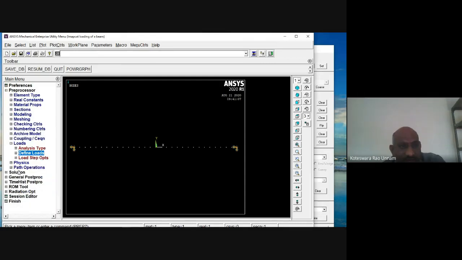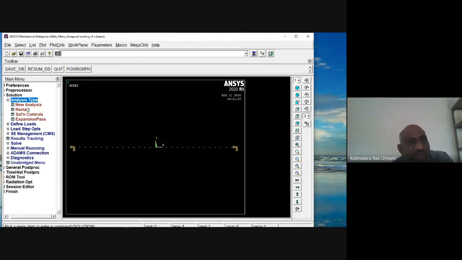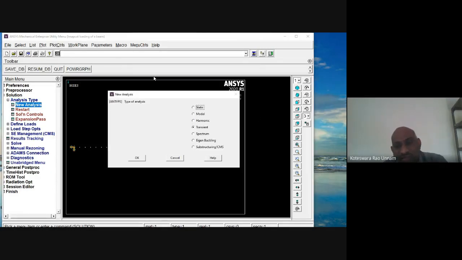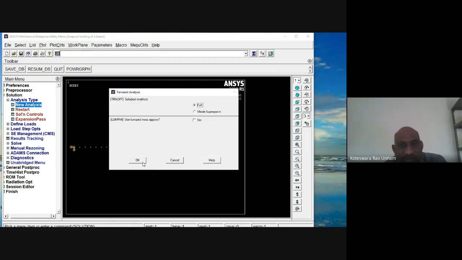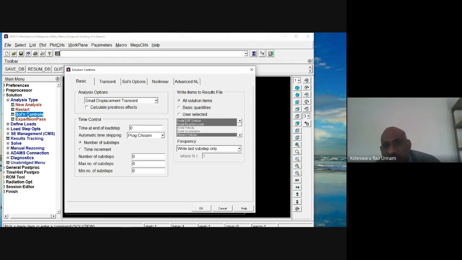Now I'll go to the solution. Obviously I already selected transient earlier, it will be there, but the only thing is I need to define the solution controls now. See our load.